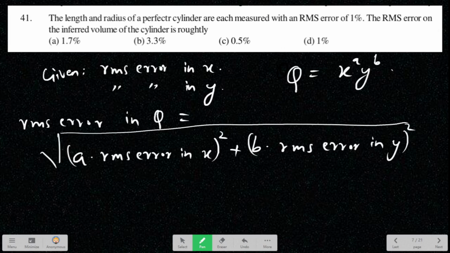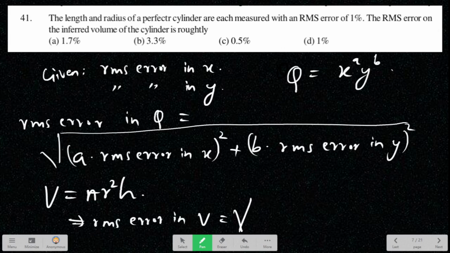This will be the RMS error in Q. So here we are asked to find the RMS error in inferred volume of cylinder. So V is equal to, volume of cylinder is given by pi r square h. This implies RMS error in V